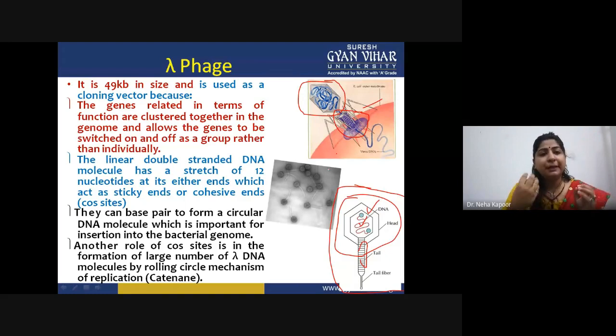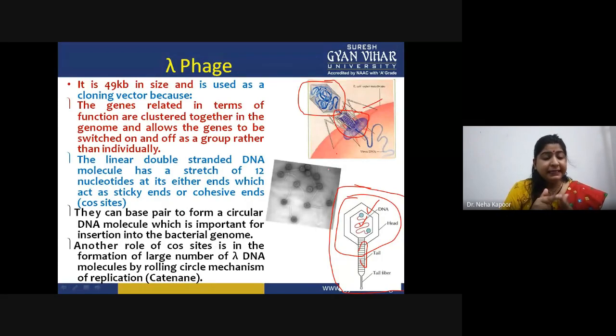because all of the genes that are related towards the replication or the function or further assembling are basically assembled in the form of a cluster. That means all these genes that are necessary for the replication and assembly are clustered at one region, and they will be switching on and off in a group rather than individually. Whenever the DNA replication is to be started, all the genes would be switched on and start expressing, and when the DNA replication has to stop, all the genes would be off.